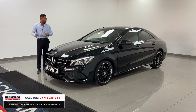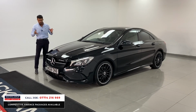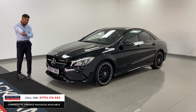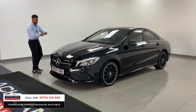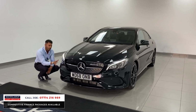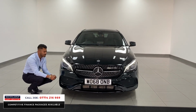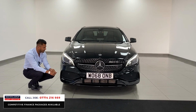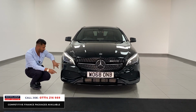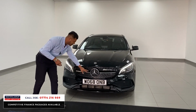AMG Line 90 Edition with all the bells and whistles, all the kit you want on it, and it just looks fabulous. So start from the front. It is a facelift model, because in 2016-17 they changed ever so slightly with the bumper, the headlights, the backlights, etc. This one has the full LED high-performance headlights with the LED daytime running lights, front and rear parking sensors with the parallel park assist, obviously the upgraded bumpers,